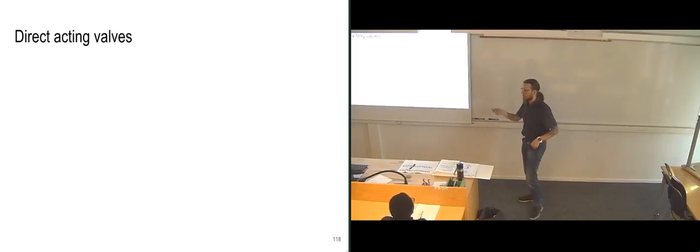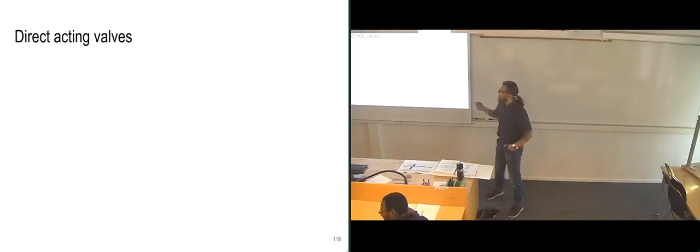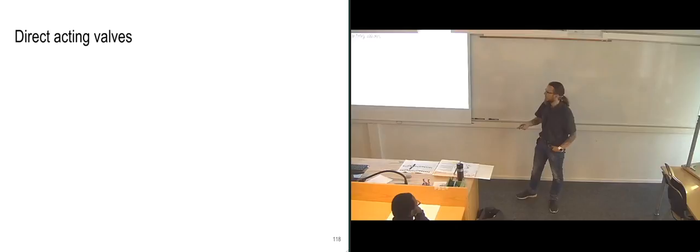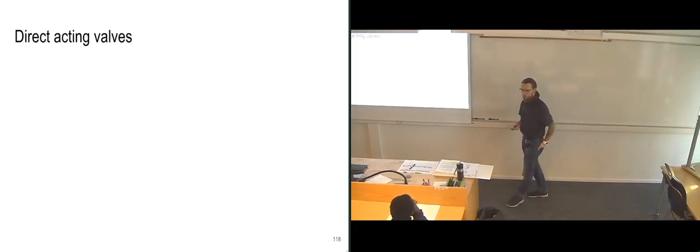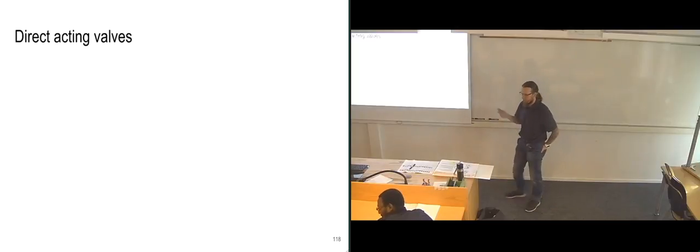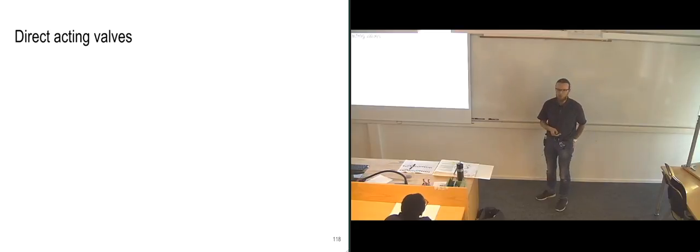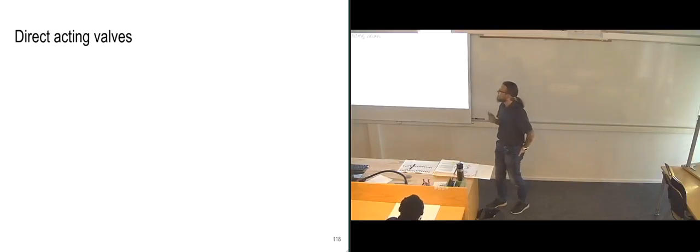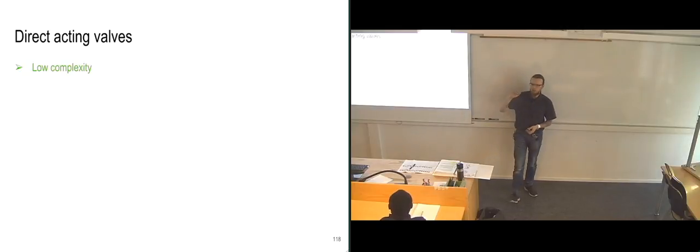So that's also why I'm going fairly quickly through this control system, because now we're getting into a lot of details here. We will be looking very much into detail at valves when we get into the hydraulic systems part. Further into that, we are going to be looking at most kinds of valves and how they operate and how they are built and everything. So we will be getting into that as we go along. So that's why it's quick and difficult to get right now, but it will be easier on the exam. It won't be necessary to know all the details, basically. So for direct acting valves, which means that you get the hydraulic pressure from